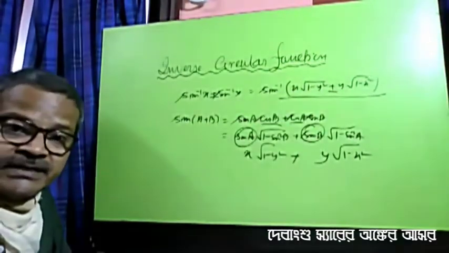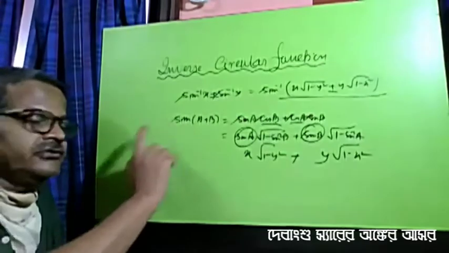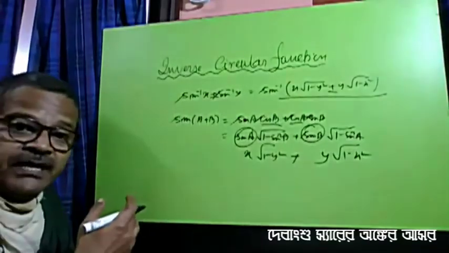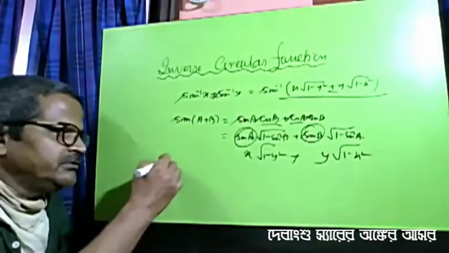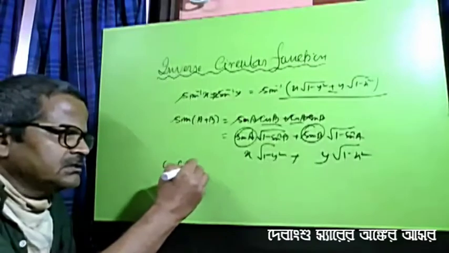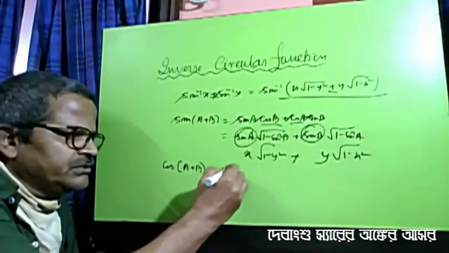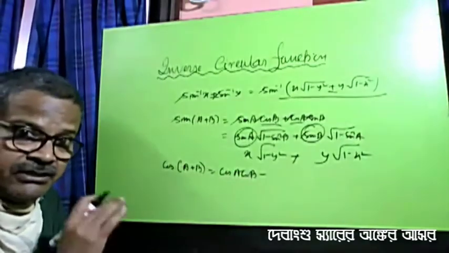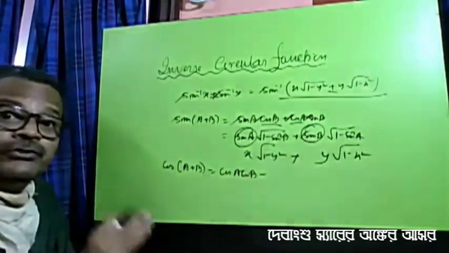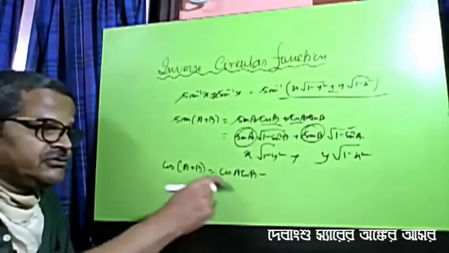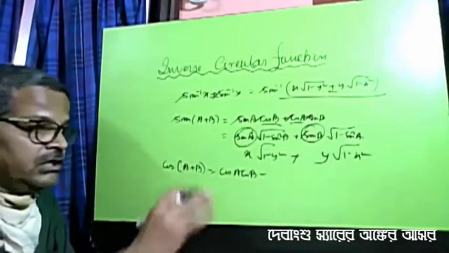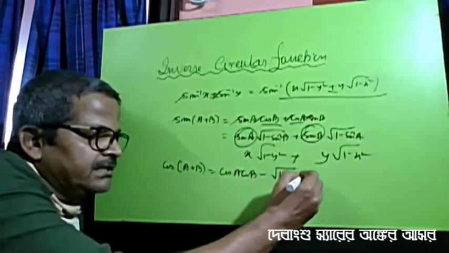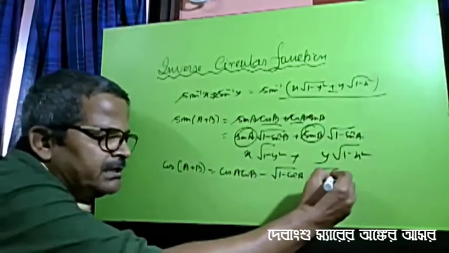And we will express the right hand side by only one trigonometric ratio, for example sine. For example, if we are going to find cos inverse x plus cos inverse y, we have to recall cos a plus b. So it is cos a cos b minus sin a sin b. What we have said is that we will replace all other trigonometric ratios by cos. Only cos will be there. So cos a cos b minus sin a, root over 1 minus cos square, sin b, root over 1 minus cos square.